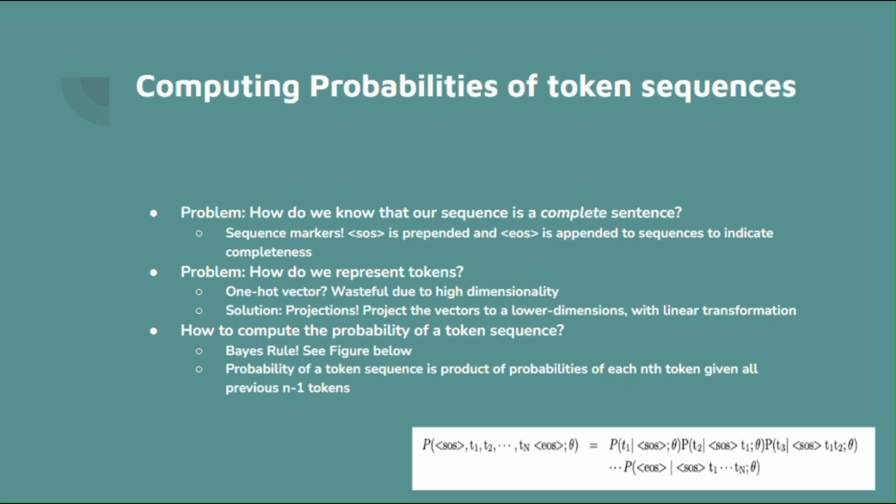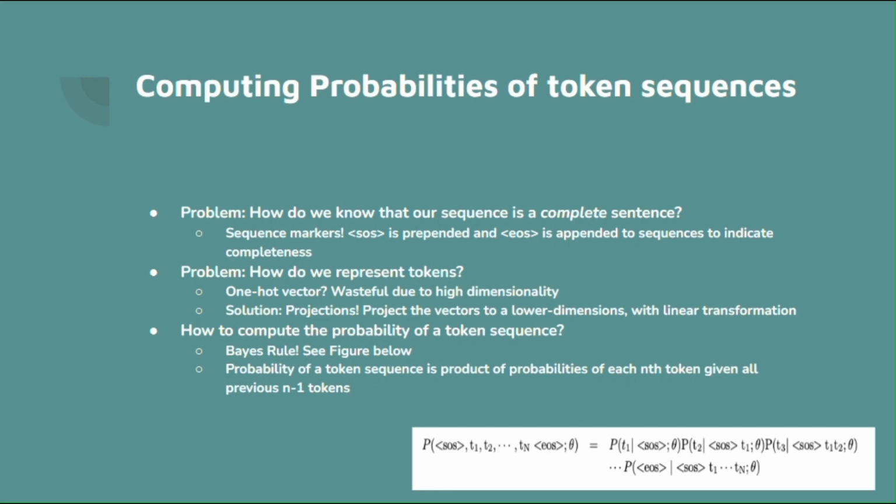They are indexes in a vocabulary. So one way to represent them would be to represent them as a one-hot vector, but this is practically infeasible because vocabularies are typically large. So if your vocabulary is of size 10,000, every token's representation would be a sparse vector of size 10,000 with just one element being one. That